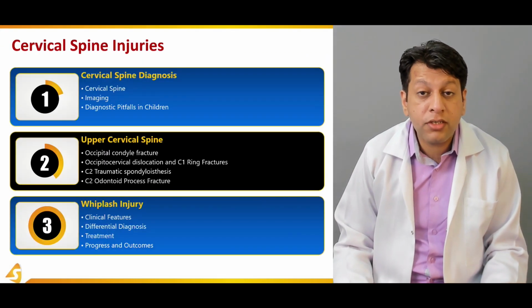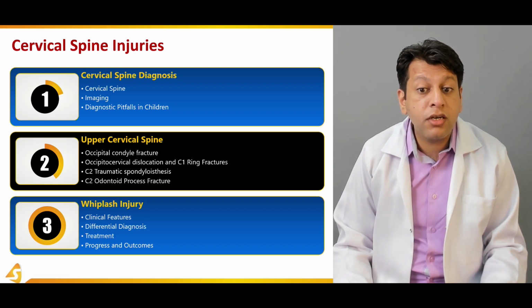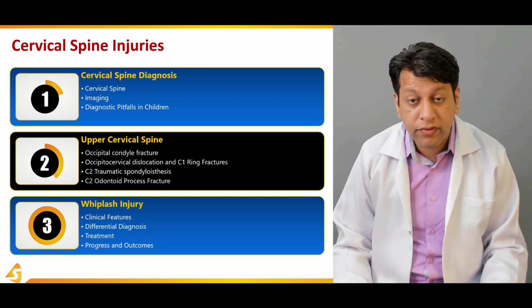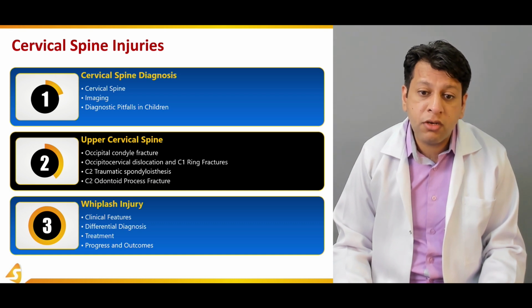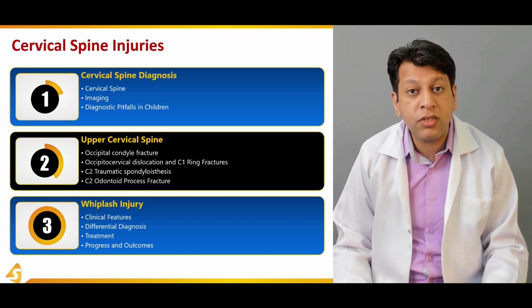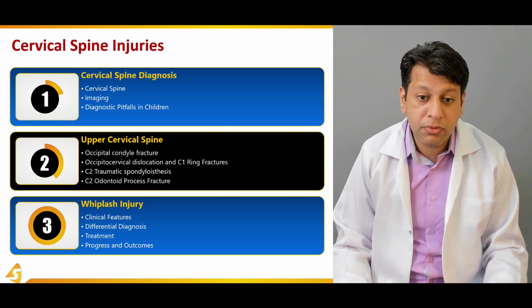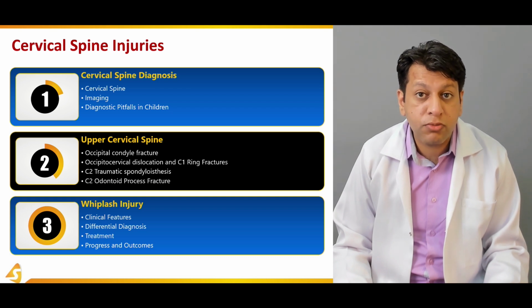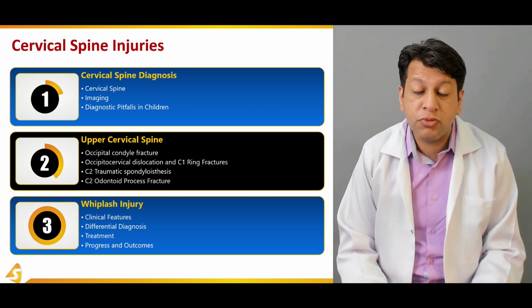In this section, we'll be discussing the occipital condyle fractures, occipitocervical dislocation, and C1 ring fractures, which are also termed Jefferson fractures. We'll be discussing the fractures of C2, which may include traumatic spondylolisthesis, in which the vertebral body displaces forward or backwards, or actually slips. We'll also be discussing the C2 odontoid process fracture, because it is a very common fracture, especially associated with